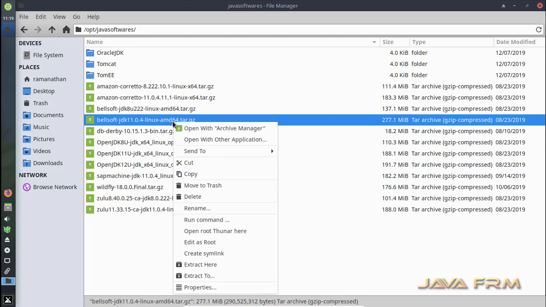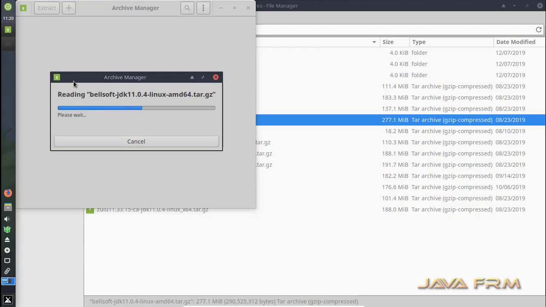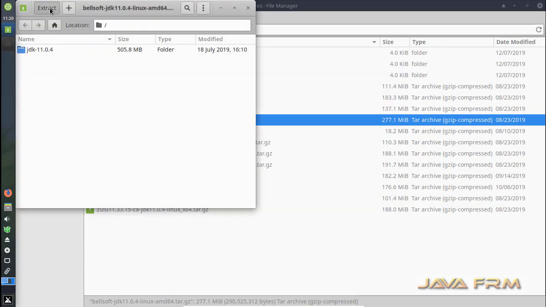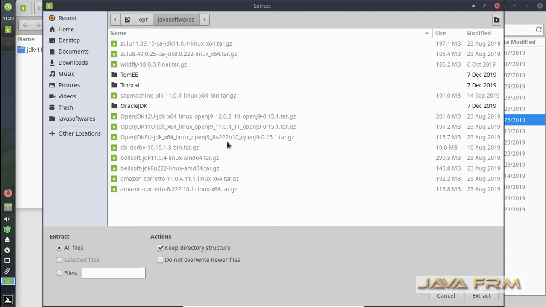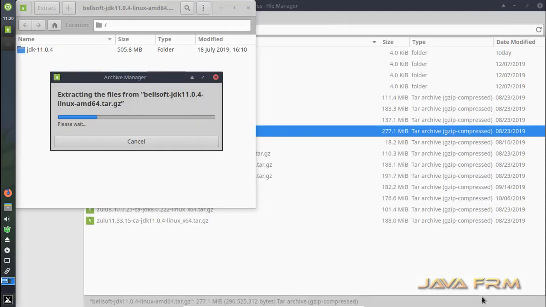So this Bellsoft Liberica JDK 11 is a clone of OpenJDK 11 project. So features and functionalities will be same like OpenJDK 11. So now I am going to extract the tar.gzip file to /opt directory.